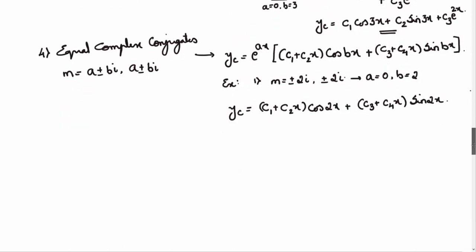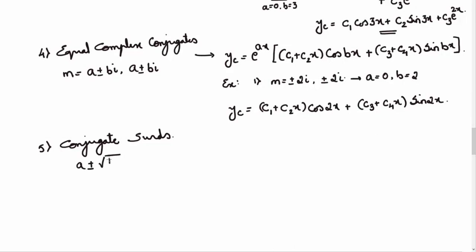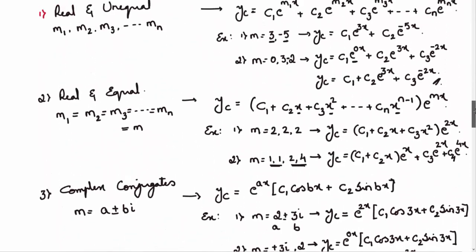The last type, that is the fifth type, we call conjugate surds. So conjugate surds will be of the form, they are irrational numbers, that is a plus or minus root b. Say if the roots are of this form, now we can write this yc in two different ways. One way of writing it: as they are irrational numbers, which are again a part of real numbers, so as we discussed in the first method,